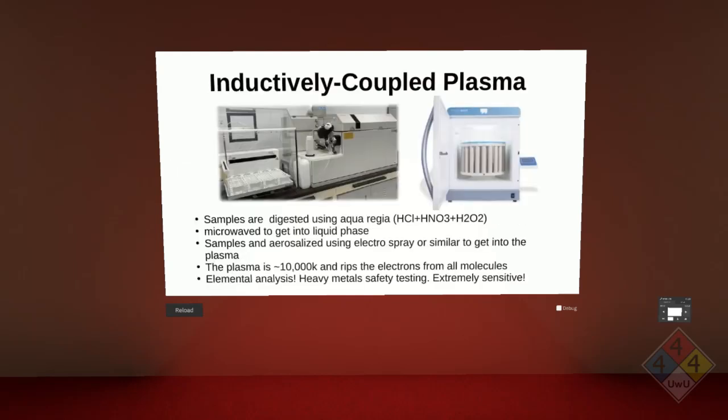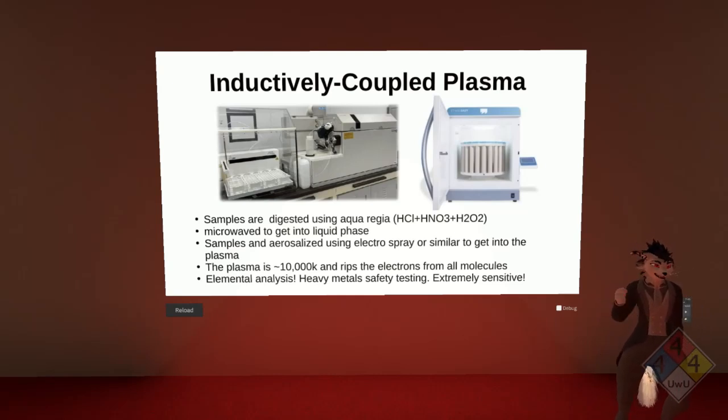Okay, inductively coupled plasma. This is definitely what I call the most hardcore area of testing for cannabis. What it starts with is you take your cannabis sample. Oh, this is testing for heavy metals, by the way. So your arsenic, mercury, cadmium, lead, whatever else they want from you. The samples are taken, so this is cannabis flower or otherwise, and they're put into aqua regia, which is hydrochloric acid, nitric acid, and peroxide solution. So this is the strong stuff, the 30% stuff, which makes for a very caustic, very acidic, and very oxidizing